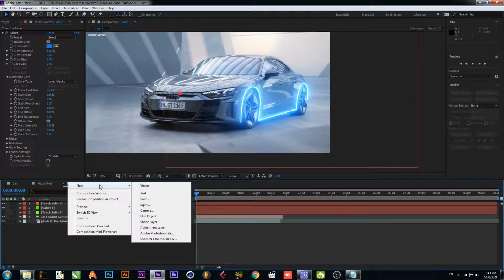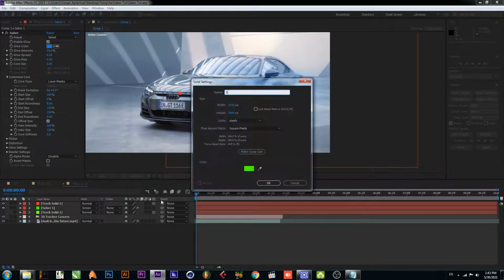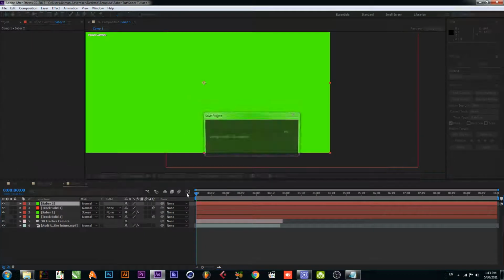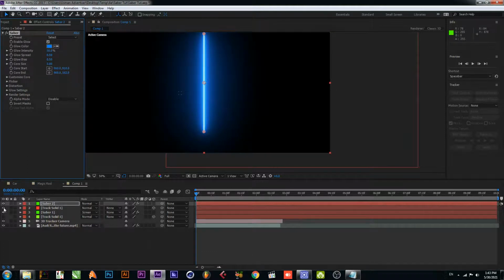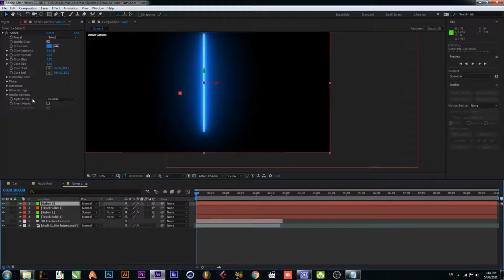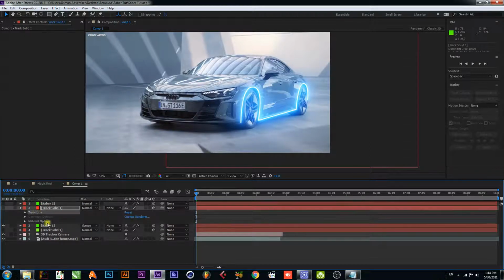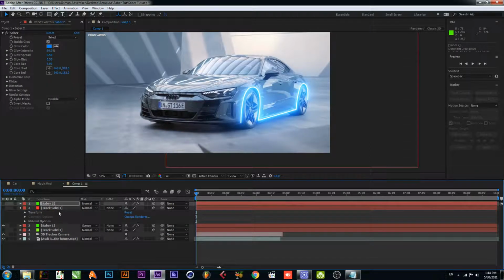now create one more solid layer, apply the effect Saber and enable 3D, the both Saber layers. Okay, now disable it and copy the transform, paste on Saber 2,